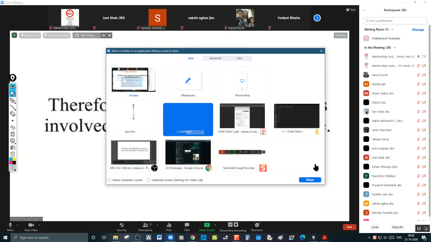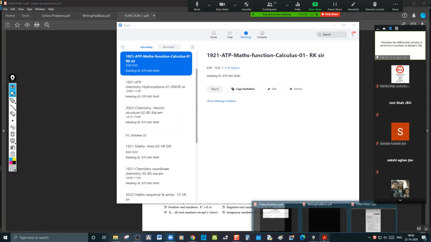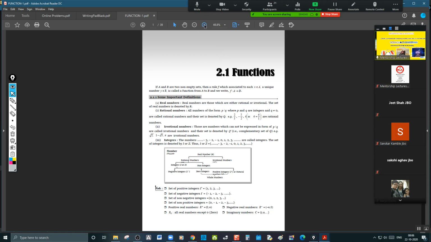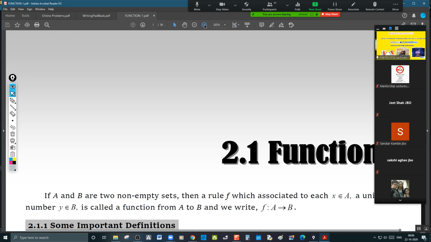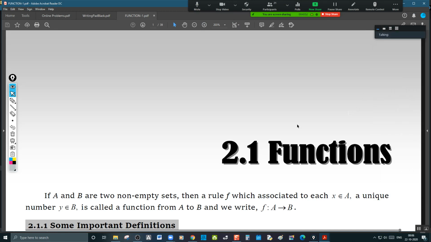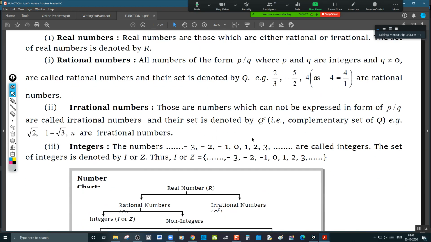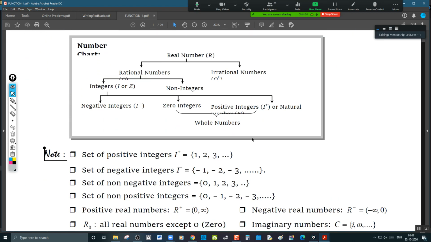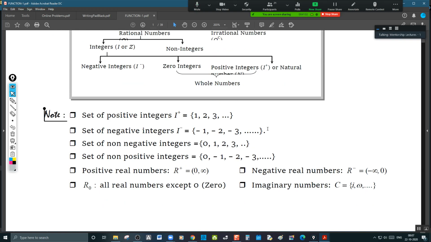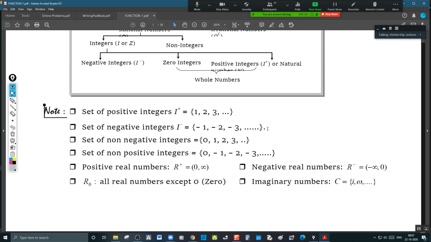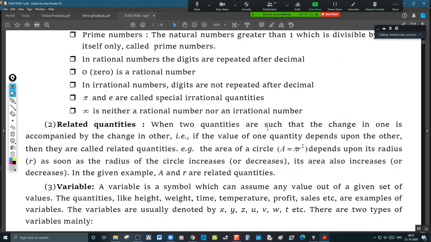Okay, so let me start, please. This is in the functions. He mentioned about the number systems first, which I need not have to revise, and